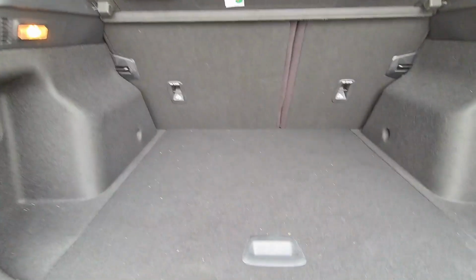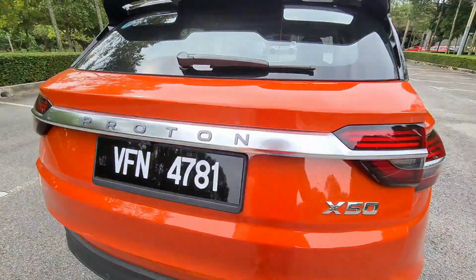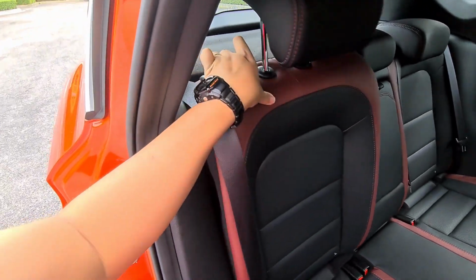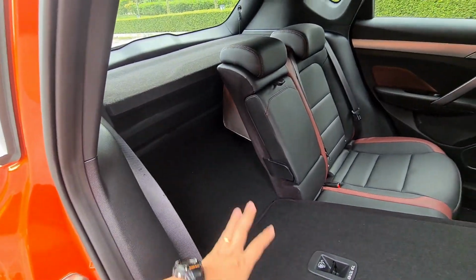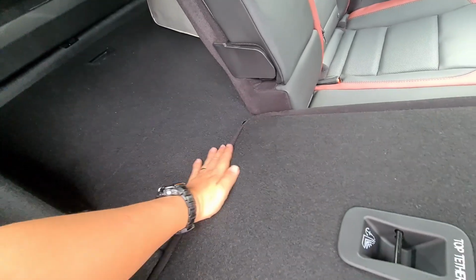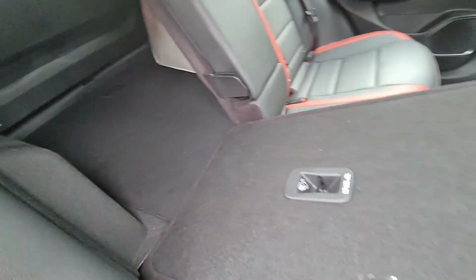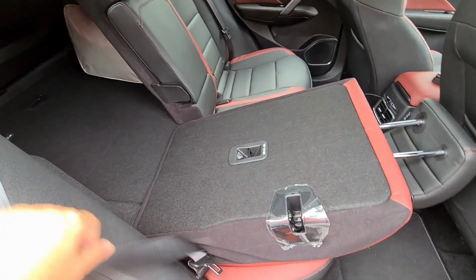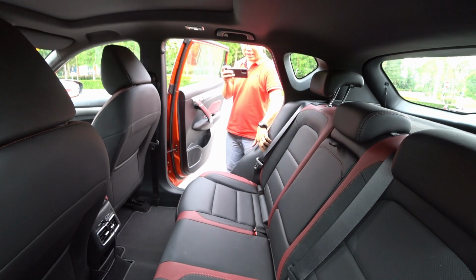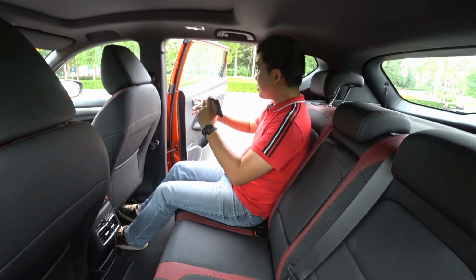All right, so the seats offer 60/40 split folding, which you have to do from the inside. And here you can see the seats fold down. Okay, not perfectly flat, but it's a seamless transition here. Okay, so I think what they've done here is that there's an evident decision made to prioritize seat comfort over the absolute practicality in getting a flat floor, because now that I'm seated in here,